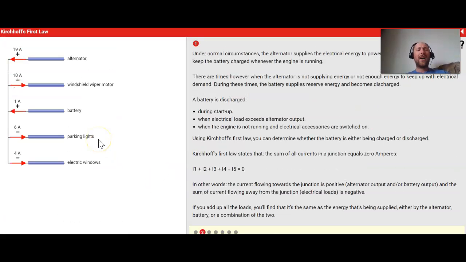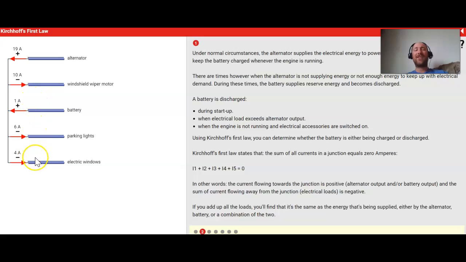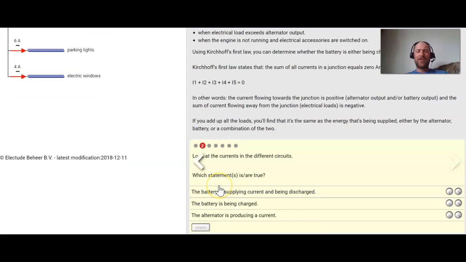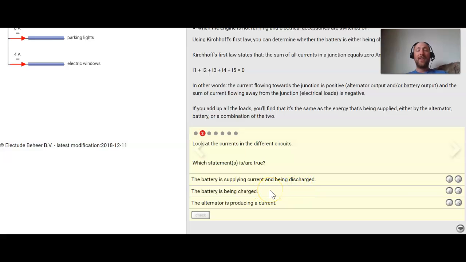So as you go through this, whenever you add up all of these numbers, it should always equal 0. Kirchhoff's law states that when you add up all of the currents in a system, they should equal 0, because there's some positive charging currents and there's some negative current being used, like in your wiper motors or in your windows. So hopefully this helps understand what's going on here. As you go through each of the questions, ask yourself, is electricity going into this thing or coming out of this thing? And really the battery is the one that's always going to be a little tricky. Is the battery being charged or is the battery being discharged?